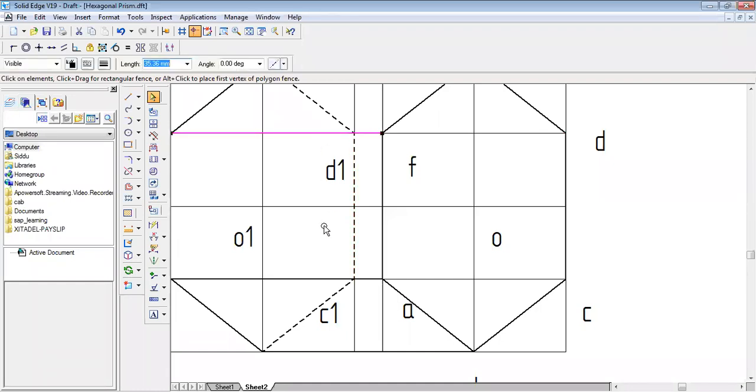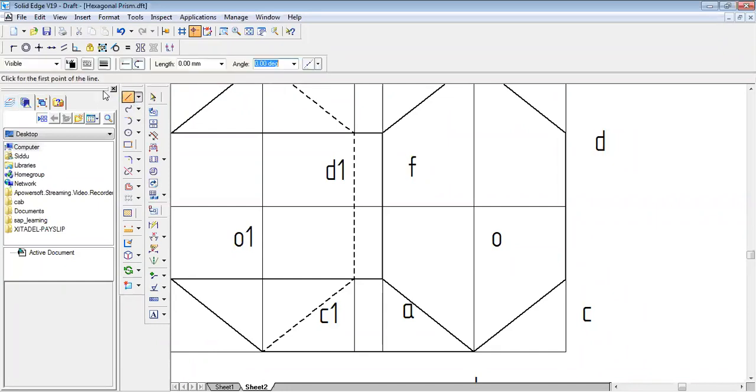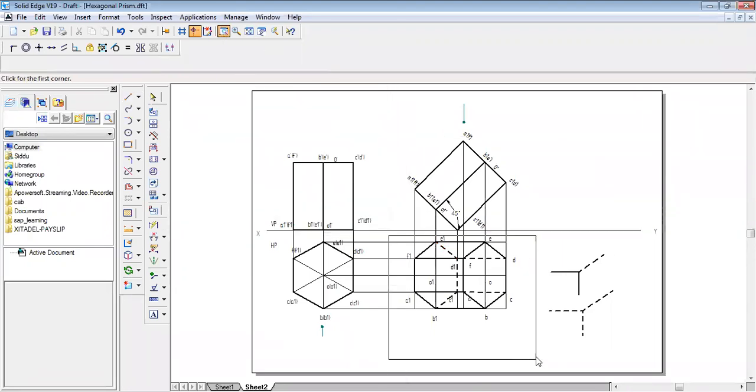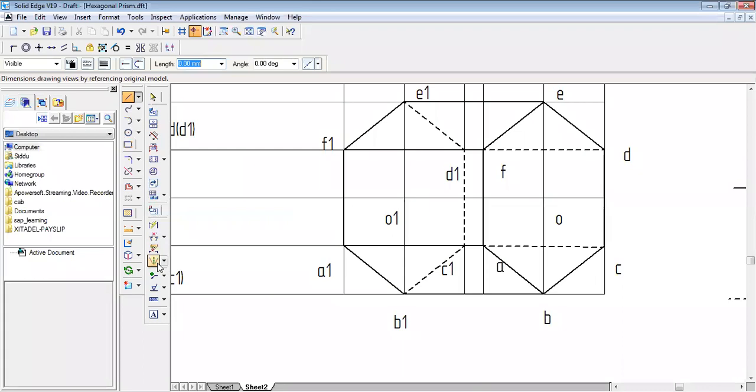Already we have one line, one edge. So don't start from here. Start from the remaining portion. For example, you remove this line. Now you select only the remaining portion. You do it. That's enough. Okay. Don't start from D1 only. Don't start from C1 only, because you already have one line. So this is done.